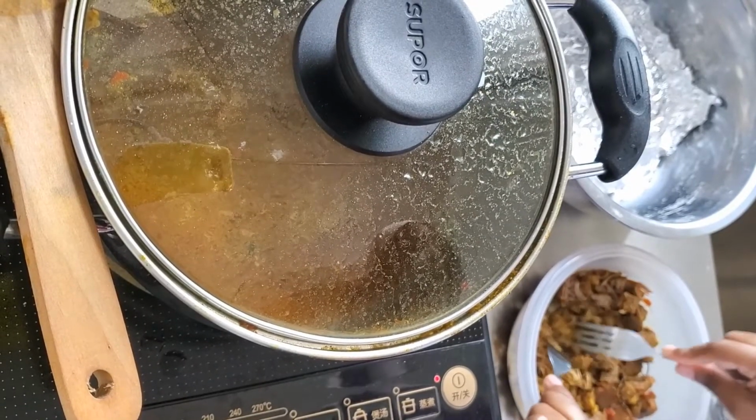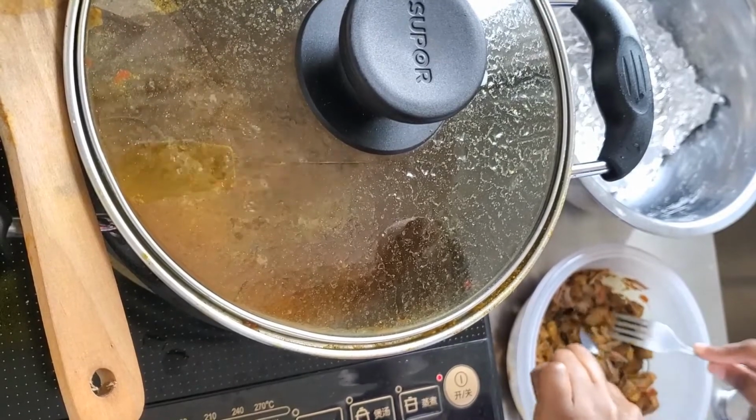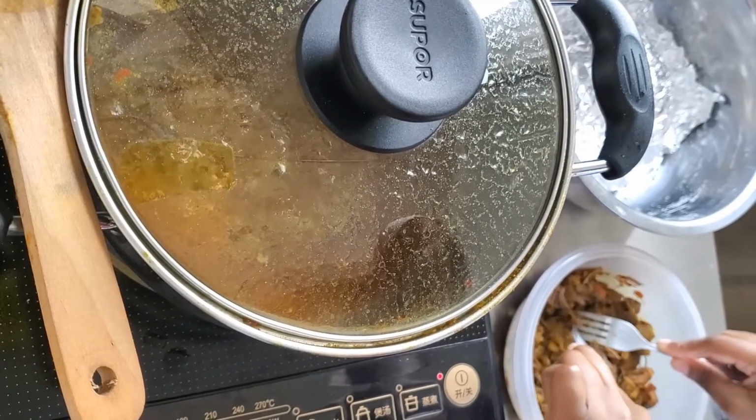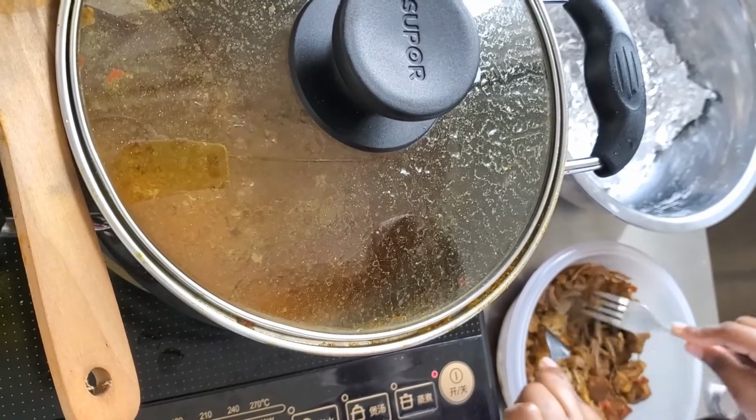Every time my mother makes it, it is very tender. So I don't know what causes it to be chewy. If it's overcooked or undercooked, I don't know why some people enjoy it. But anyway,